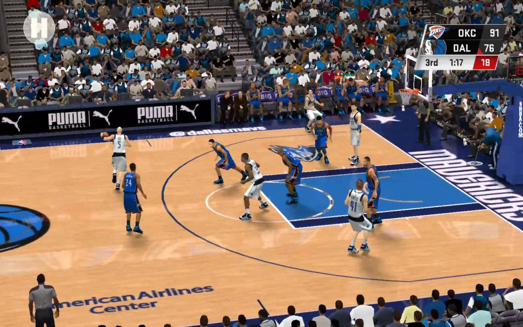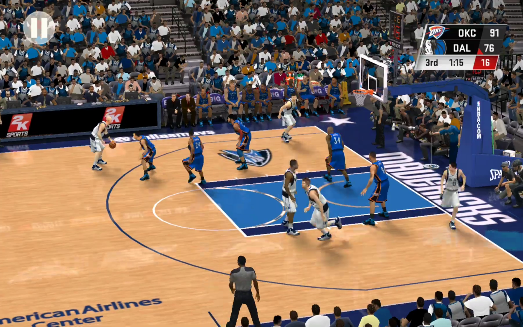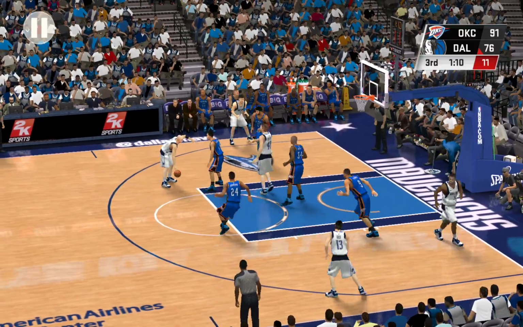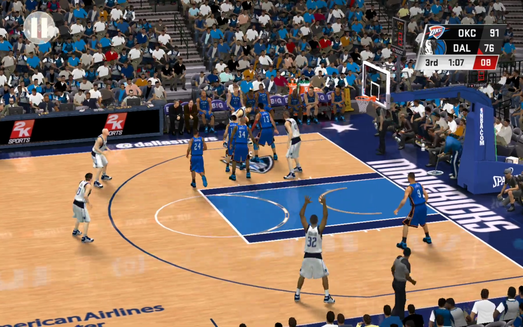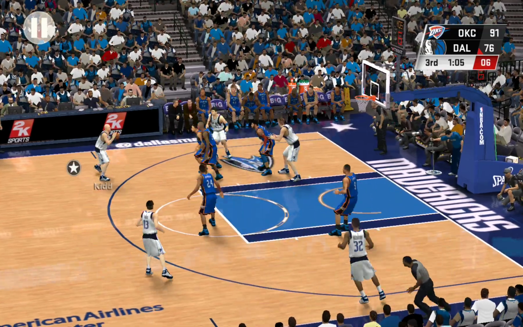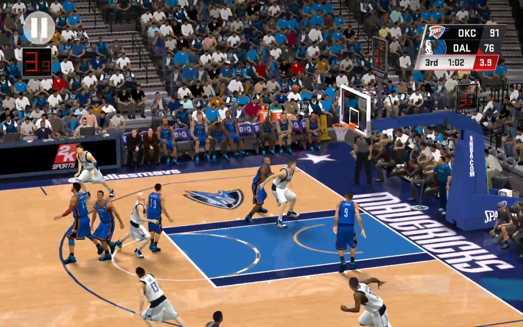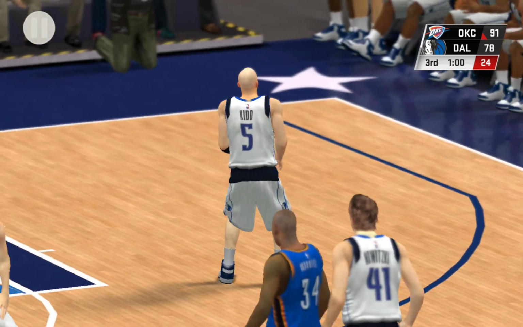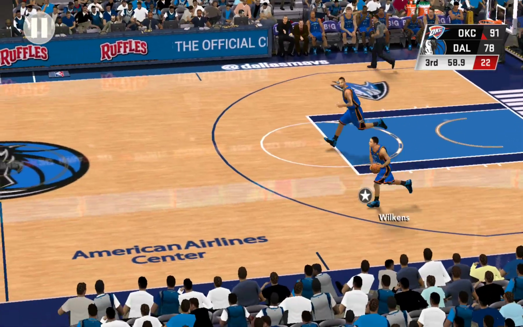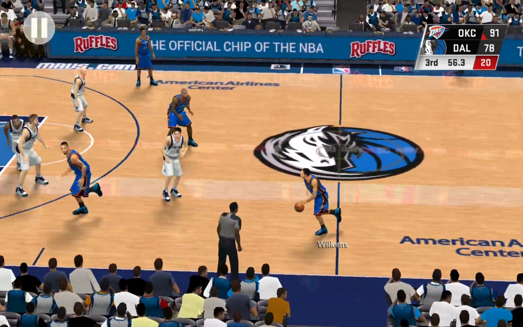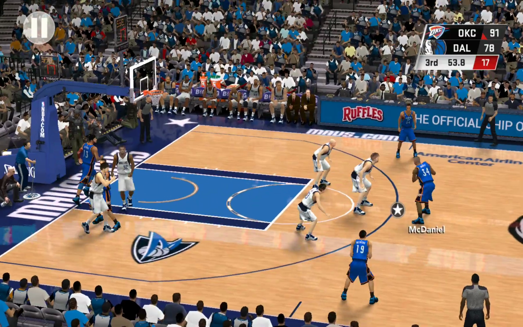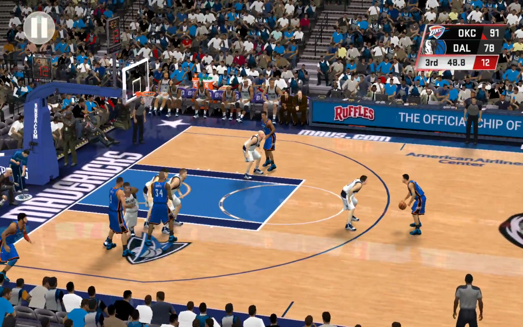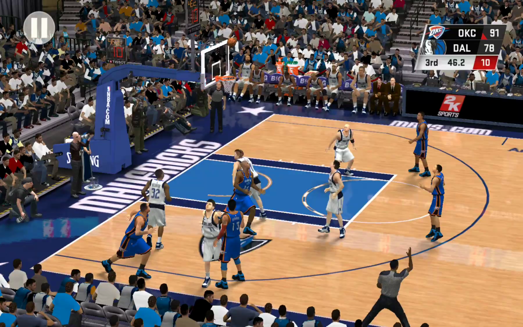And here is Kidd. Doncic. 6 on the shot clock. Now here's Kidd. And it's Dallas with another. Wilkins with the ball. He hasn't scored yet. That I'm sure will change. Left side, George.